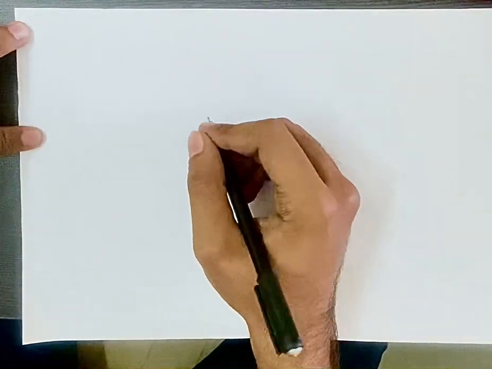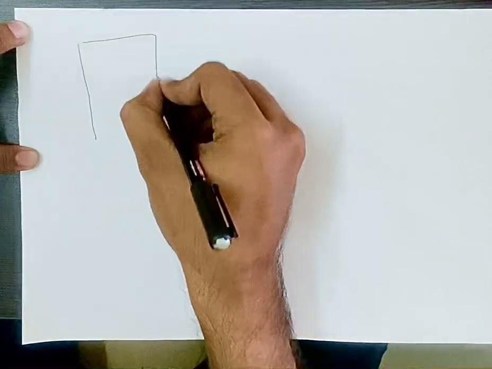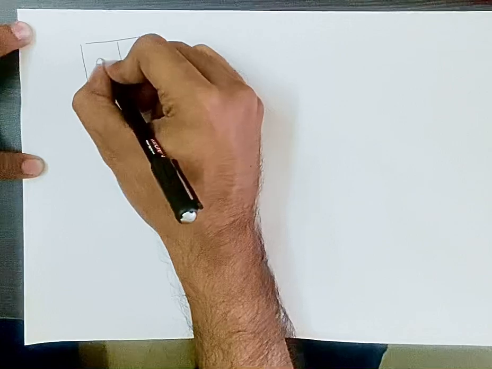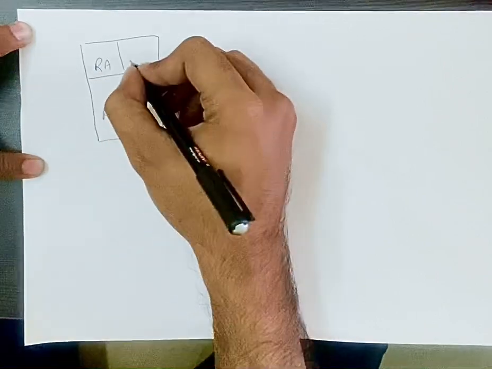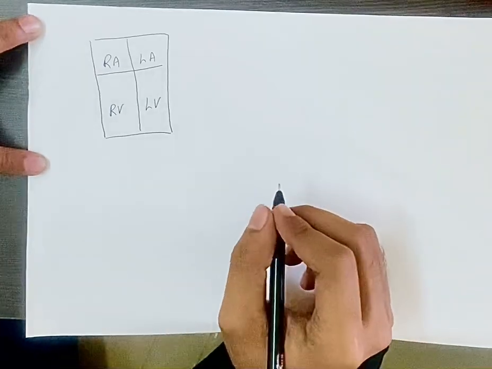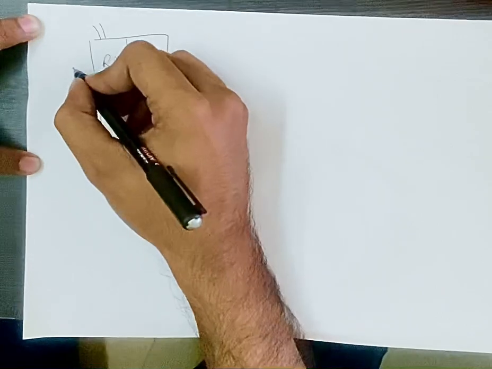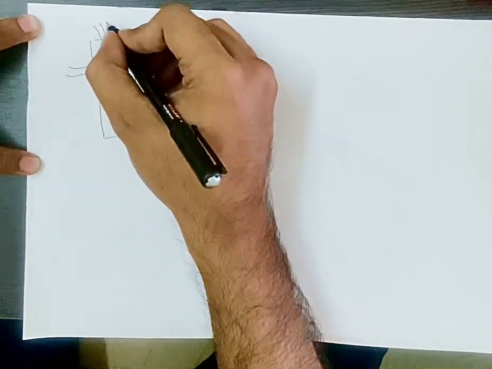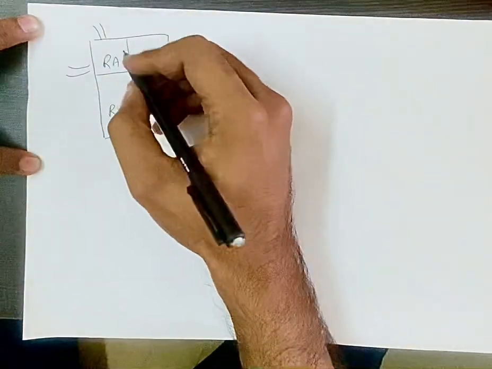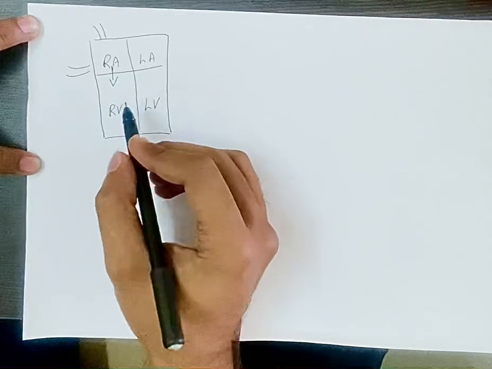Now you must understand that our heart has 4 chambers, okay? Right atrium, right ventricle, left atrium and left ventricle, okay? Now what you need to know is that into the right atrium the blood comes from the superior vena cava and inferior vena cava, okay? And then this blood, when the right atrium is filled, goes to the right ventricle, right?